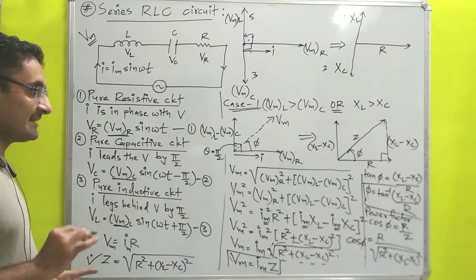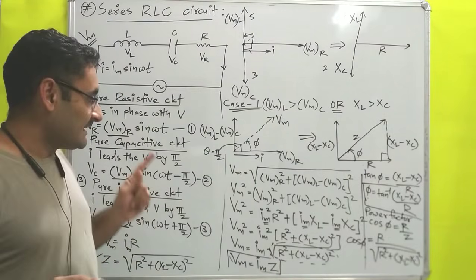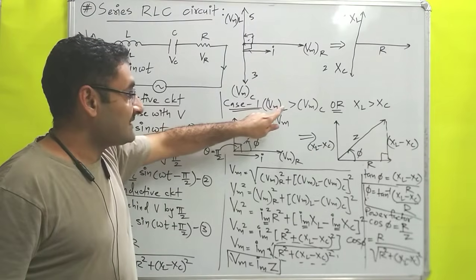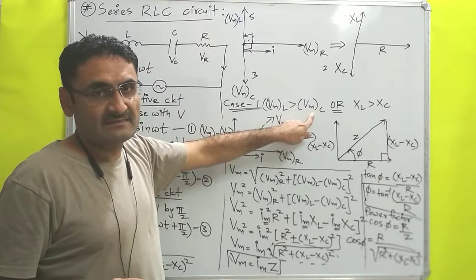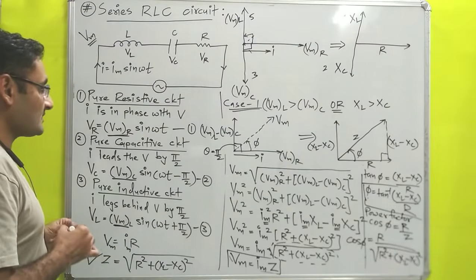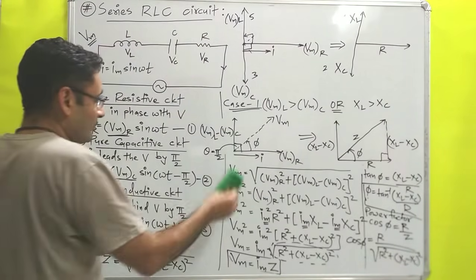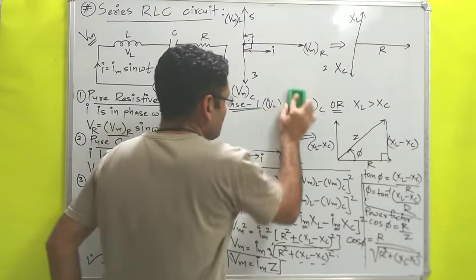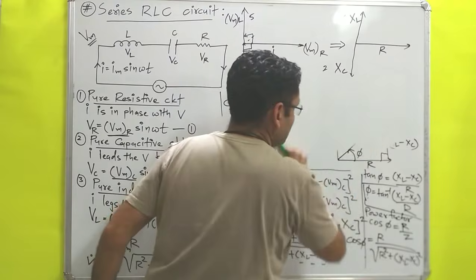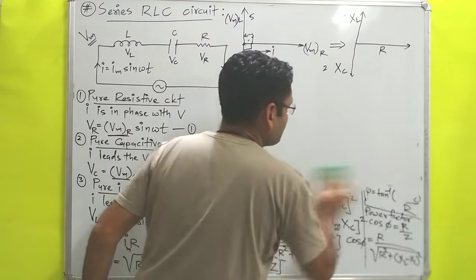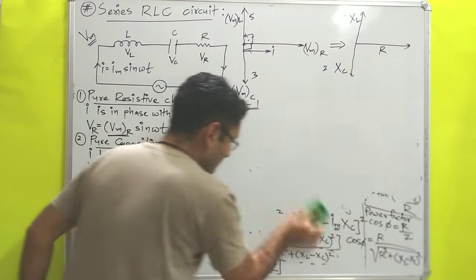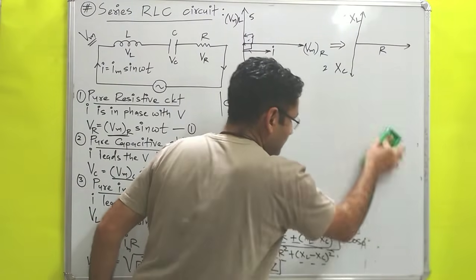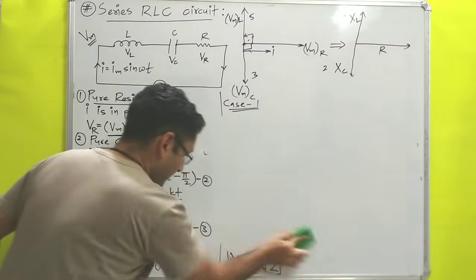Now we'll consider the second case. In the second case, we will assume that Vm of L is less than Vm of C. That is case number 2. So for that purpose, again over here I am going to rub out everything. I hope you have noted it down. The next case is the opposite of the first case. Simple. So first of all let me rub it, then we will discuss.